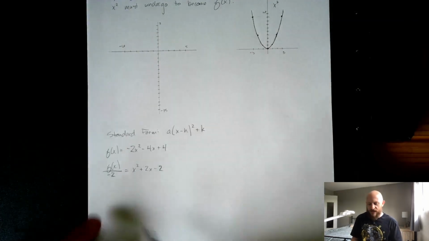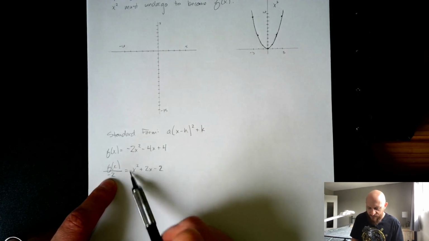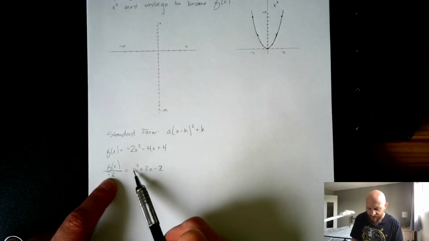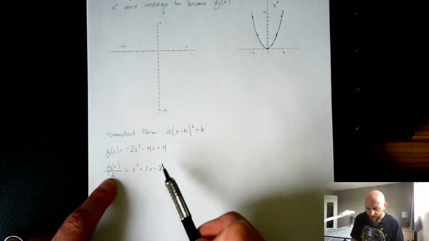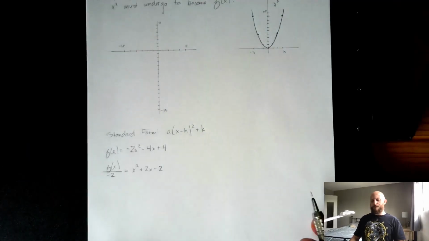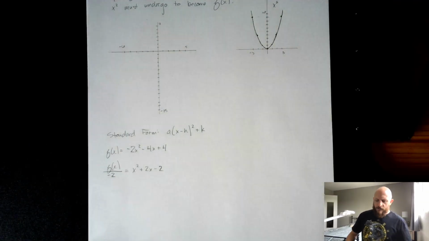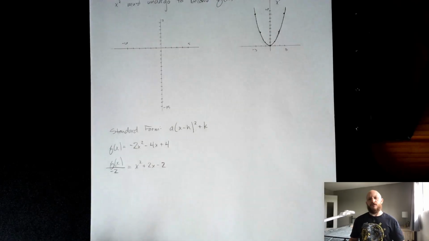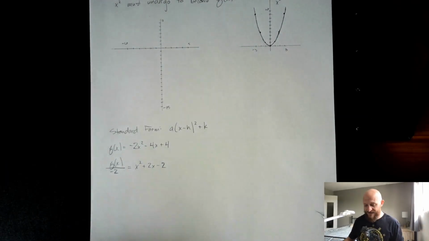Right? Just a quick check. If I distribute negative 2 into the right-hand side, I get negative 2x squared minus 4x plus 4. Yeah, good to go. All right. Next, what we need to do is start completing the square, which means we add in